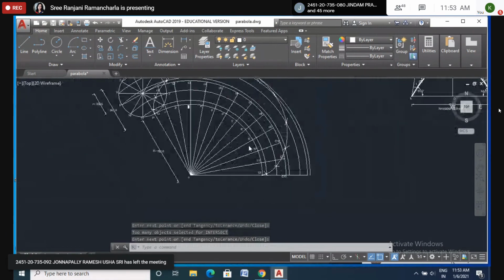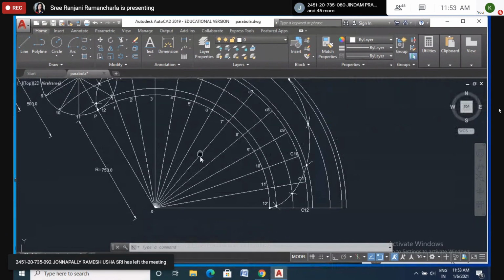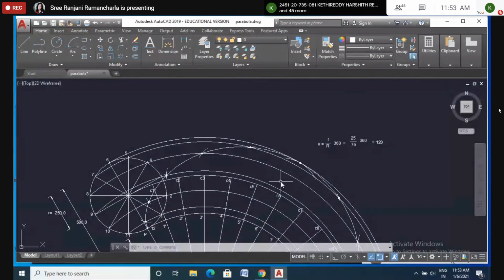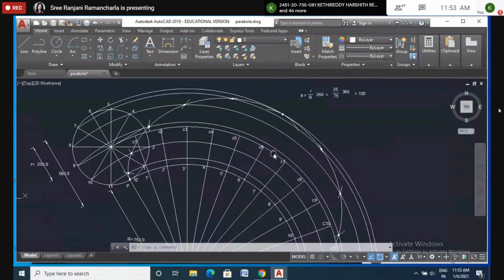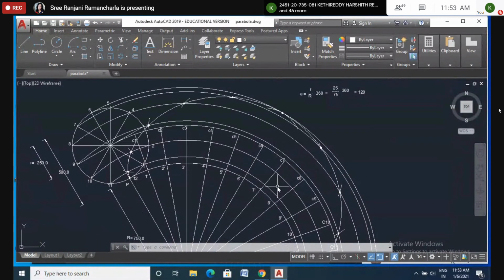Now what else do you have to draw? Again, we got the epicycloid. What else do we want now? Tangent and normal. Same method here also. You take some tangent, at some point on the curve. So I will put a point somewhere on the curve. I want to copy some point here. I copied this point.